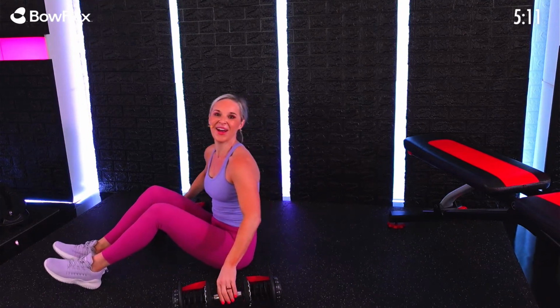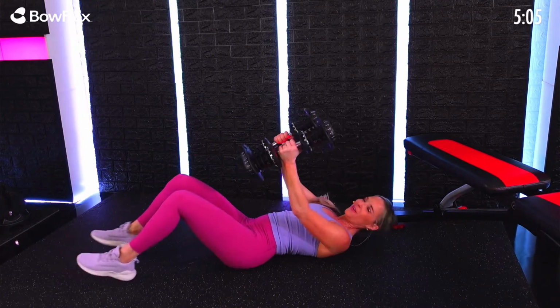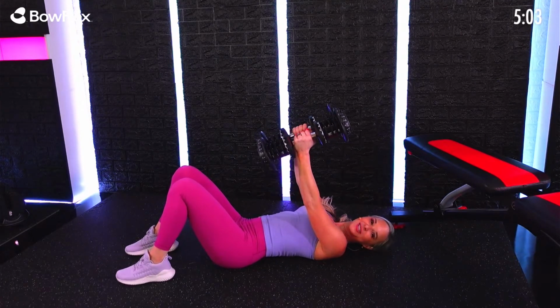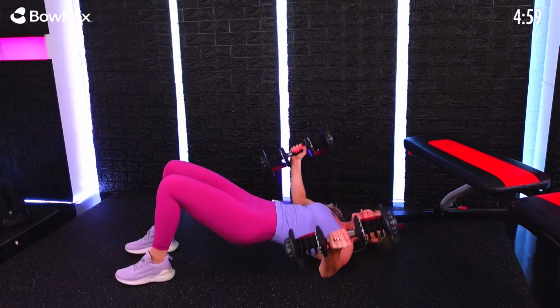If you want to adjust your weights, go ahead and do that now. I'm going to need to grab a water sip here in a second. Okay, come on down. We have our glute option to reverse fly. Begin when ready. So press up, out to the side,